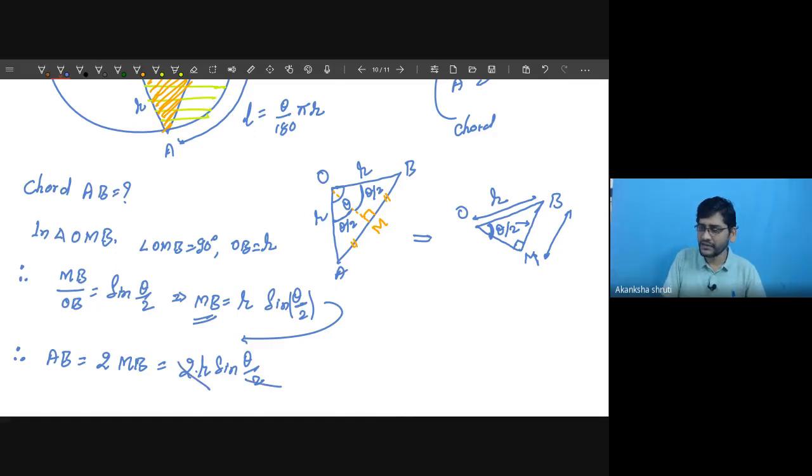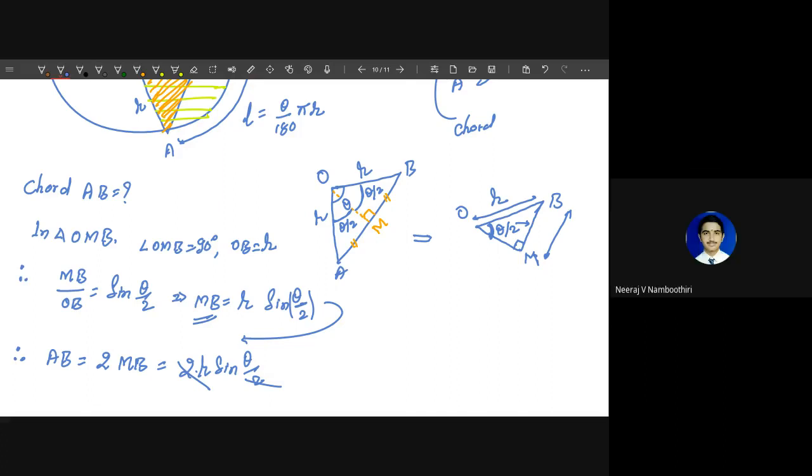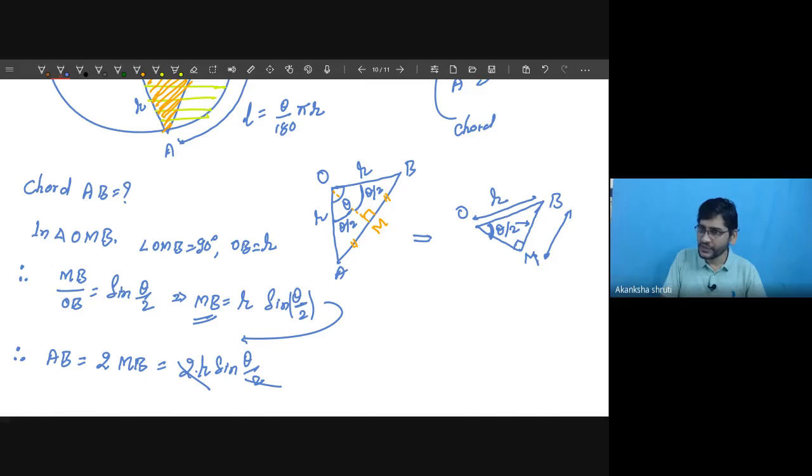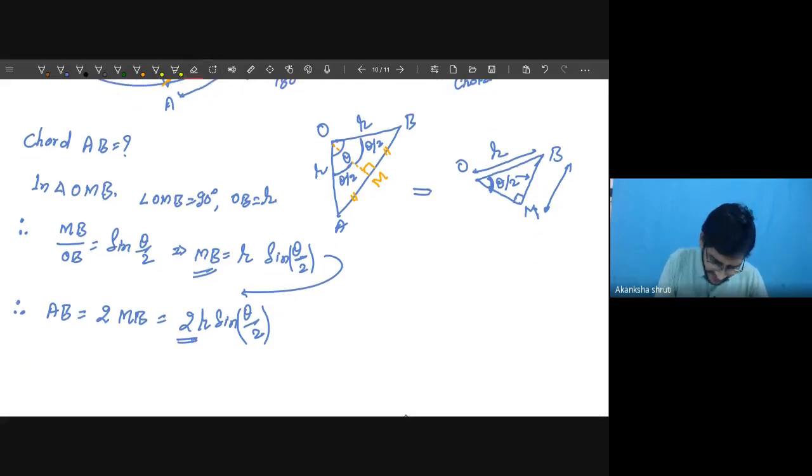Is it okay? No, sir. Why? Sir, it is an angle. Very good. You have to keep in mind, student, for theta by 2 you first divide the angle. Say 60 is given, now you have to take inside the sine only 30. But this 2 is the multiple of sine of 30. So you should be very careful while using this. This way we have calculated this AB.